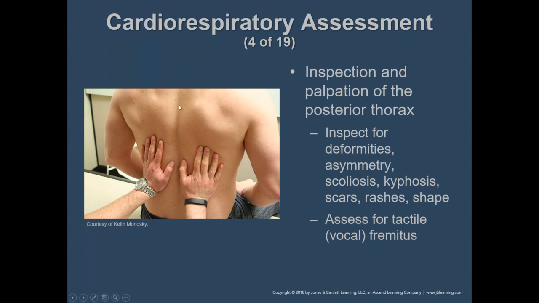There's a shift. And if you think back to when you were a kid, you know scoliosis is something less than a straight back. How do they test you for that? They have you bend over, and then you run your hand along their spinal column to see if there's any variance to one side or the other. If you're not familiar with tactile fremitus,